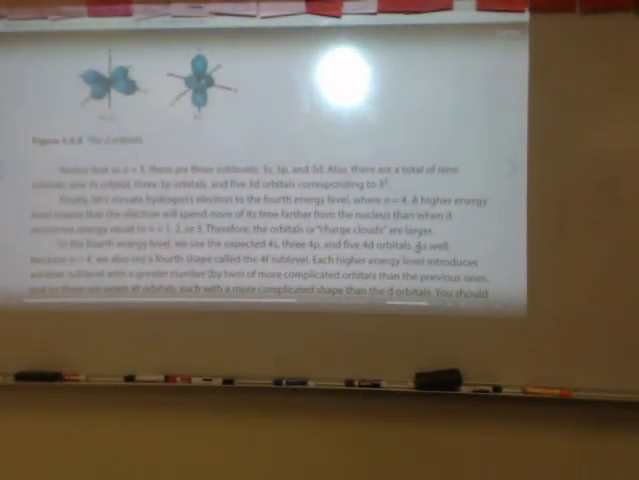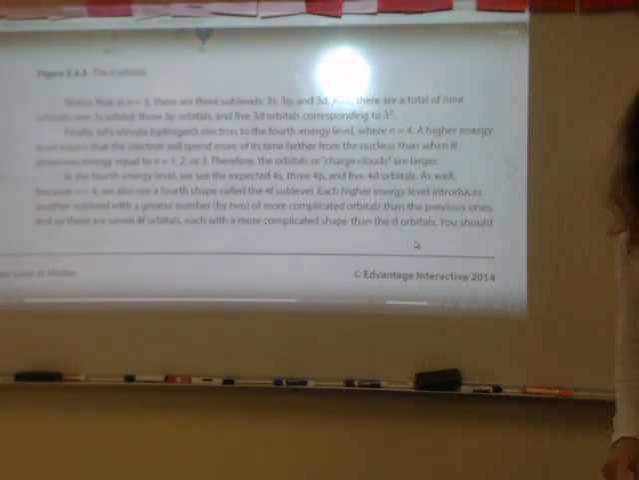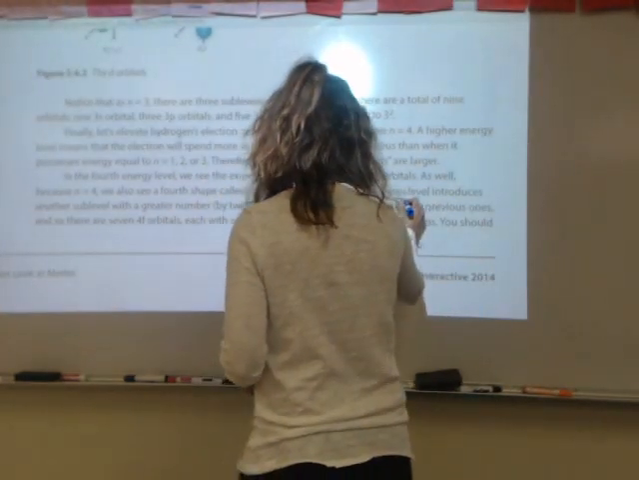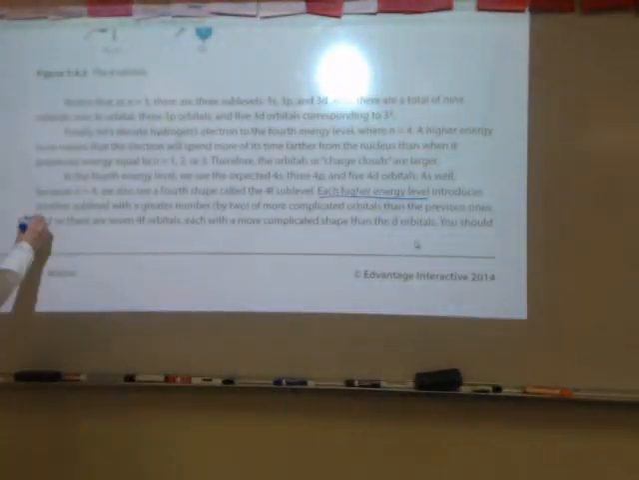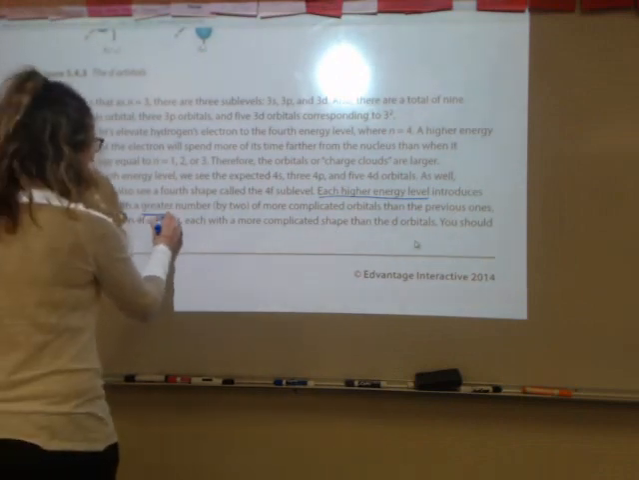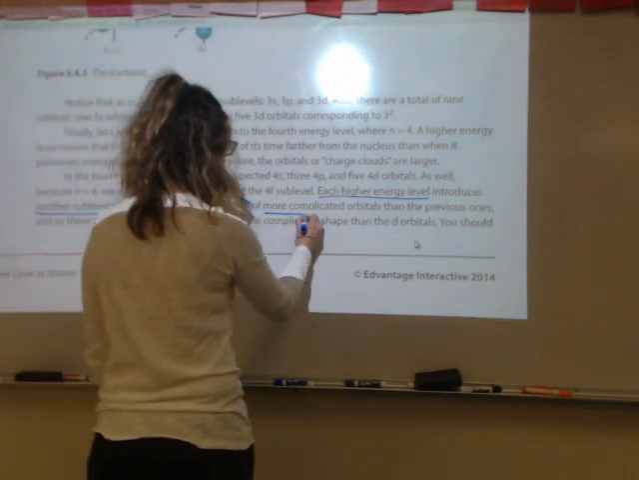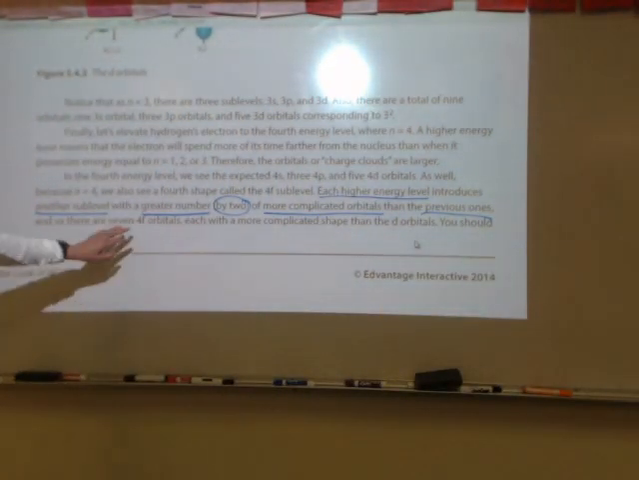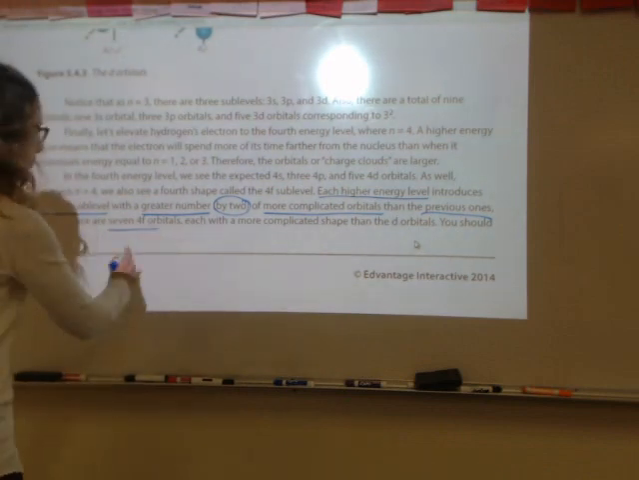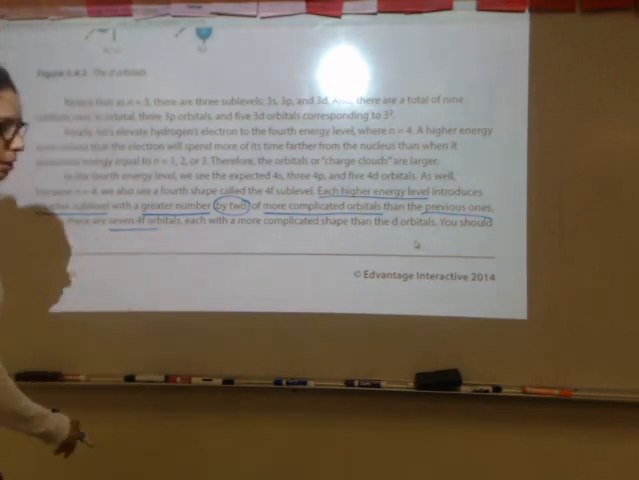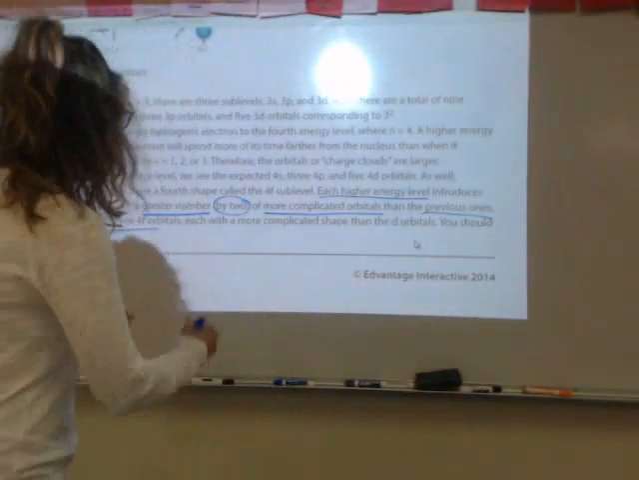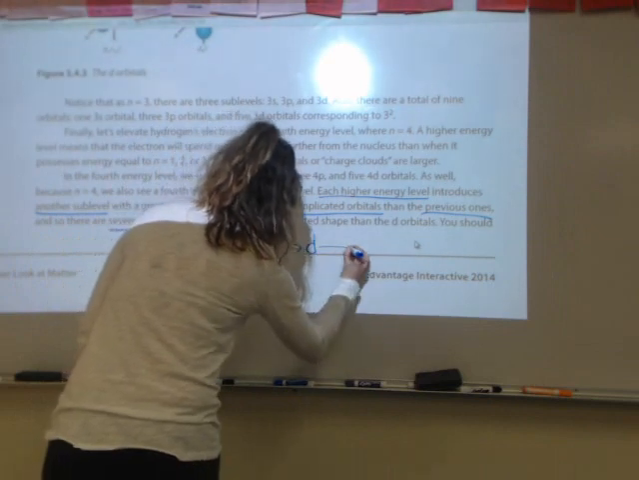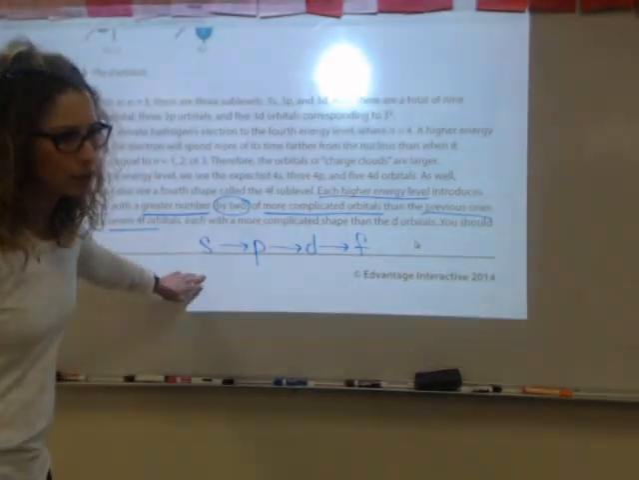And if we come down here, you would see that each higher energy level introduces another sublevel with a greater number by 2 of more complicated orbitals than the previous ones. So there are 7 f orbitals, 4f orbitals with more complicated shape than the d's. So what this means is as I progress from s's to p's to d's to f's,